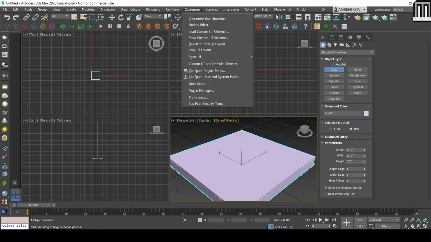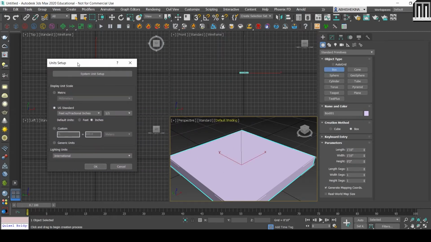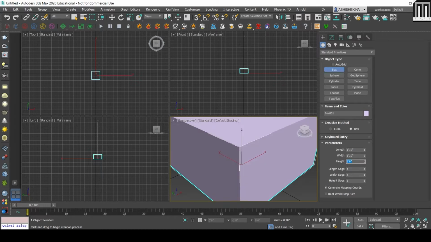I'll go to customize unit setup. By default again it's inches, that's why we don't have to type separately or give the inches mark. Now I have converted to feet. What will happen if I put a height of only 1? By default it will be 1 feet, not 1 inch. This is the difference between default inches or feet, whichever you are comfortable with.